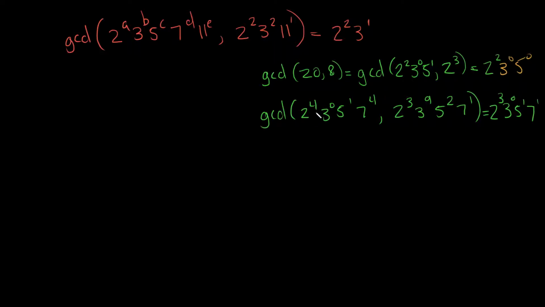First and foremost, clearly, we have a power of 2 here, and we have a power of 2 here, and we have a power of 2 here. So at the end, if you remember, the greatest possible power of 2 that fits into both of these is going to have to equal 2. So, right off the bat, we know that a cannot be 0, for example. If a was 0, we couldn't have any powers of 2 here, so it would be impossible to get to the 2 squared. So, a specifically has to be at least 2,